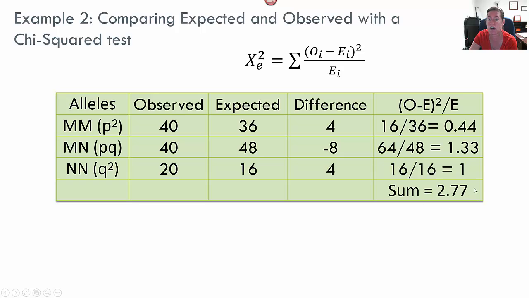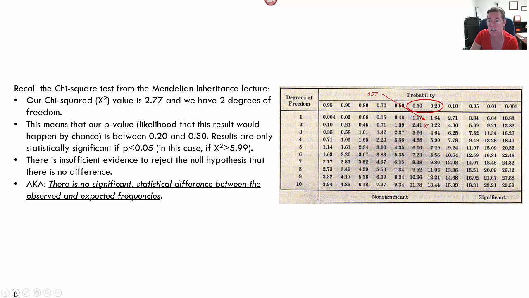This is your summed frequency, the sum of the values for the chi-square test. So your chi-square, this value right here, the x squared, will equal 2.77. It tells you effectively how different the observed and the expected are. We then read this value using what's called a